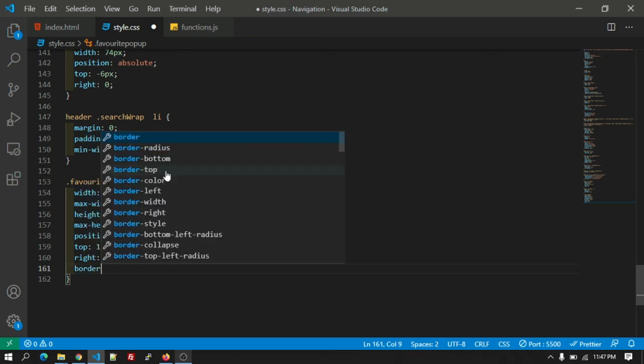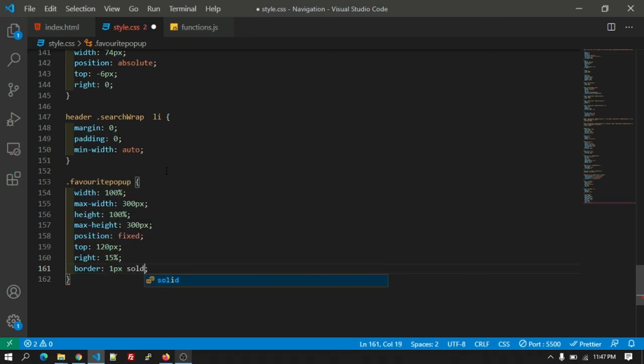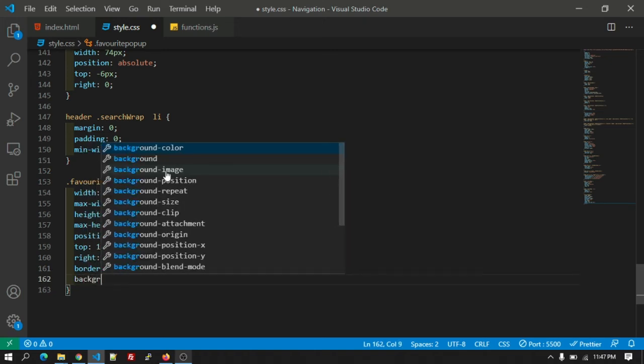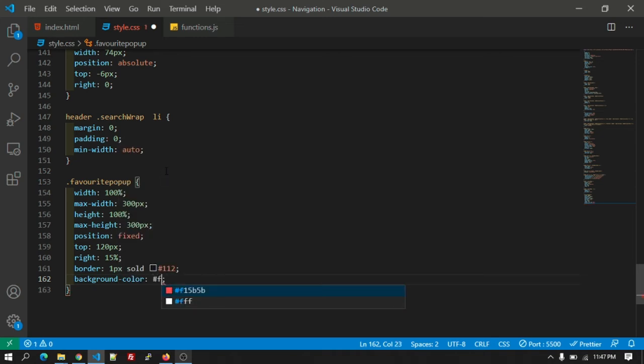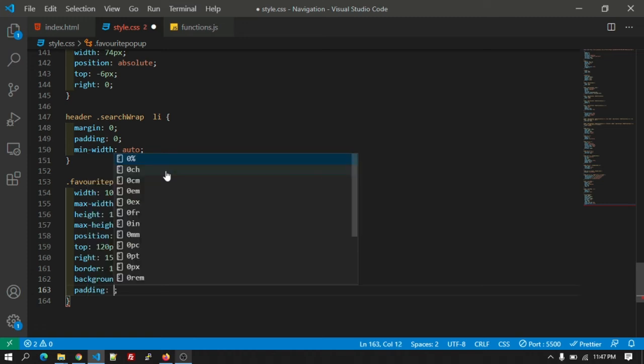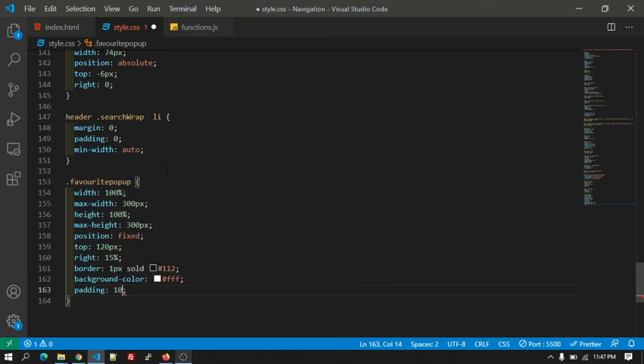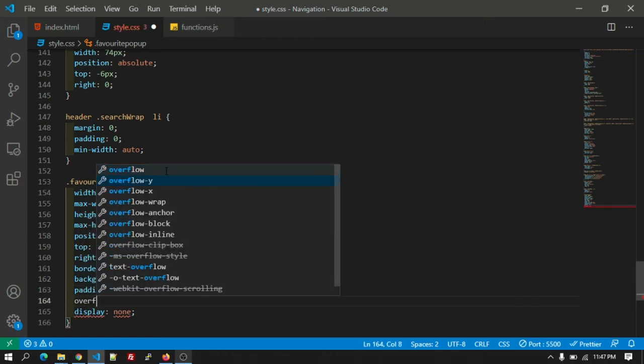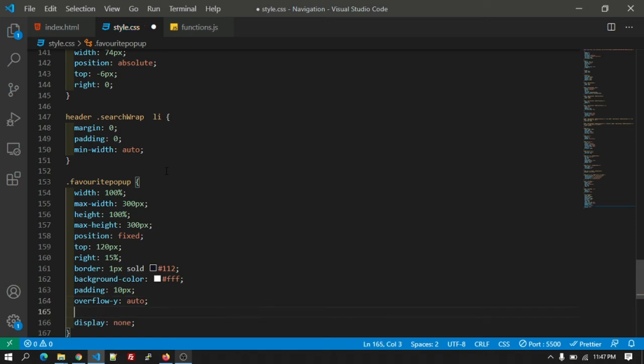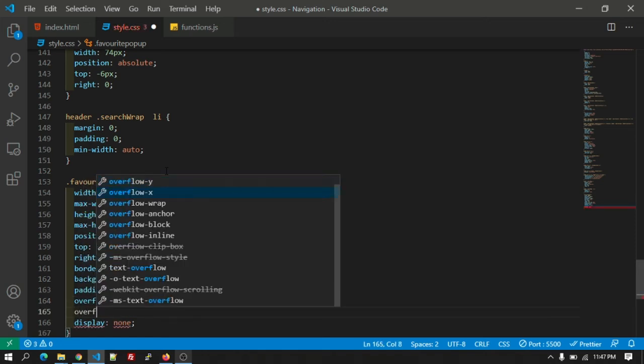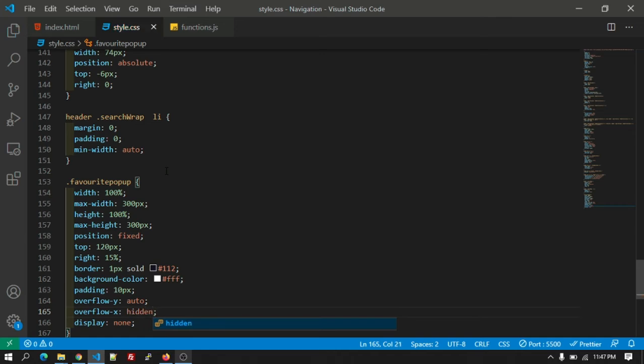The border will be 1 pixel solid hash 112. So background color will be white. The padding 10 pixel, and it will be by default display none, and let's say overflow y auto, overflow x hidden.